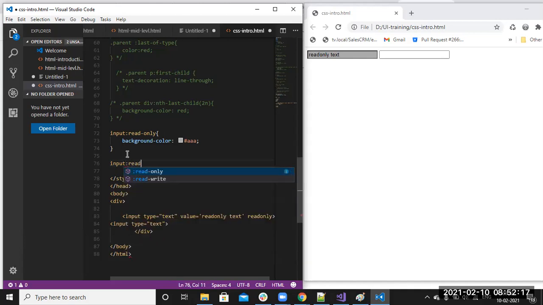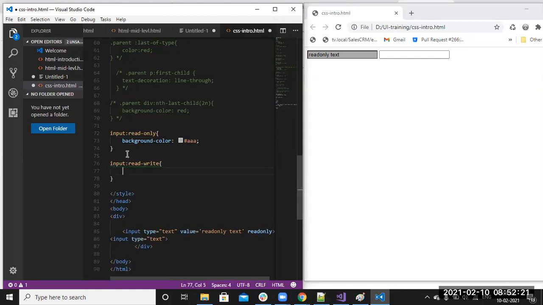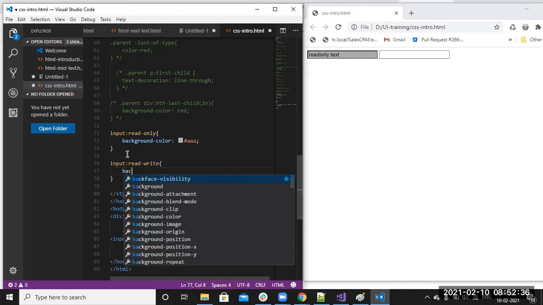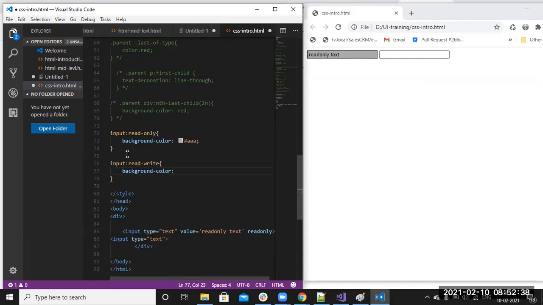Colon, read write. We have read write. So we can read and we can write in the text boxes. That is the default behavior only, right? If you are writing the text box, then by default we can read that text box value, we can write the text box values. Okay, for that I'm applying the background color, some green.